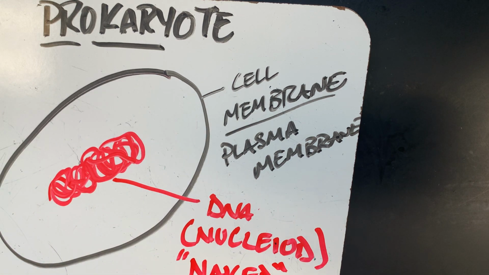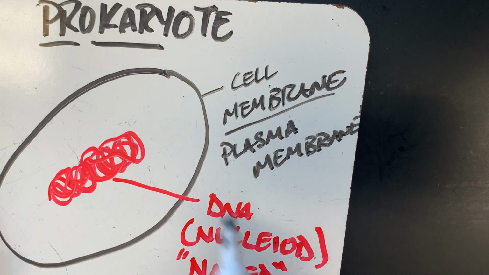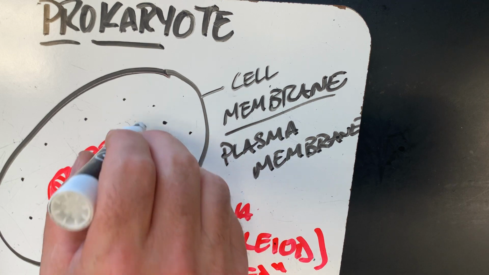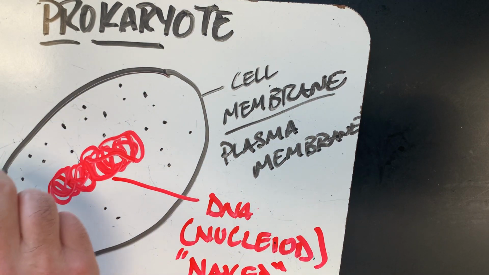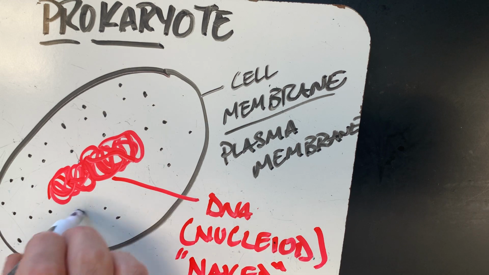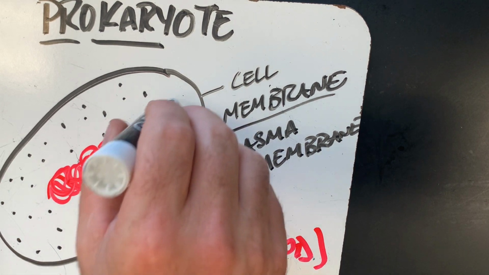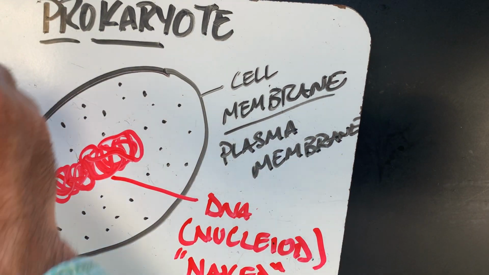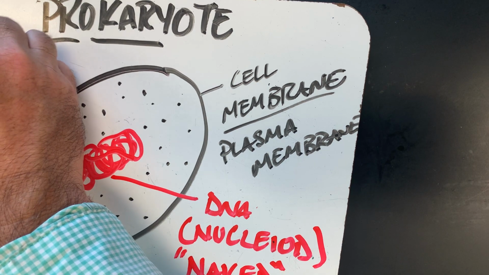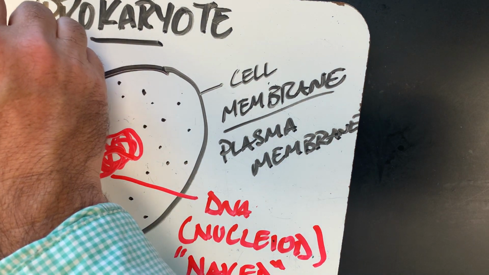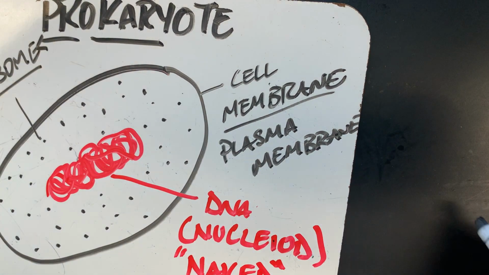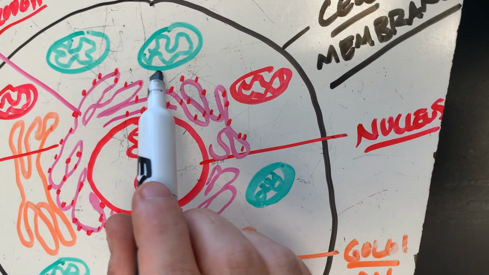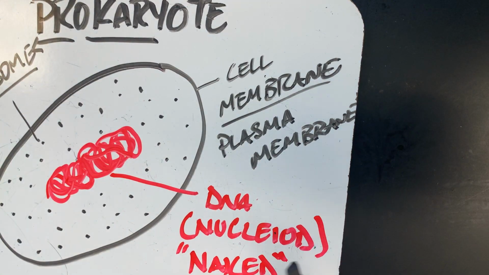After that, the only thing that they really have in common are these ribosomes. And it does have a lot of ribosomes. They have to make protein. Everything that you have to have reactions to be able to be alive. So they also have ribosomes, but you'll notice that they are not on an endoplasmic reticulum. On a eukaryote, you would have these ribosomes on the endoplasmic reticulum, whereas in a prokaryote, they're not.